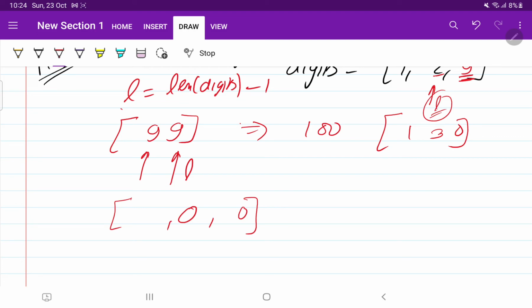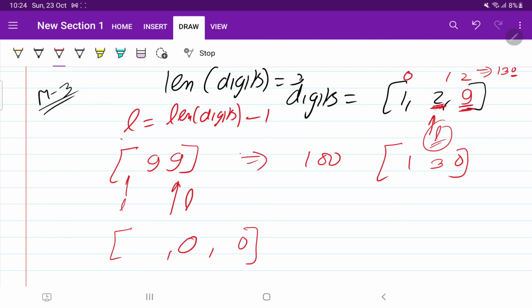Now what I told, we came one more step backward and then we were increasing that element by 1, because here 2 was there, so we increased by 3. But here if no element is there, what we will do, we will write 1 here. If no element is there, we will write 1 here. If some element is there, we will increase that by 1.